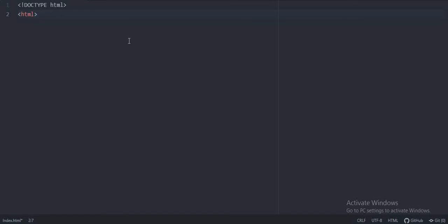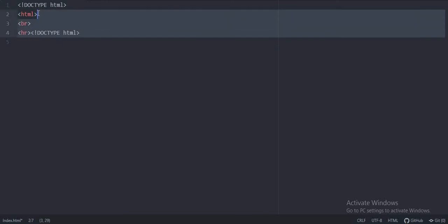One more thing, it is not necessary that all tags must have a closing tag. Some tags like the br tag, the hr tag, and the doctype do not need any closing tag.